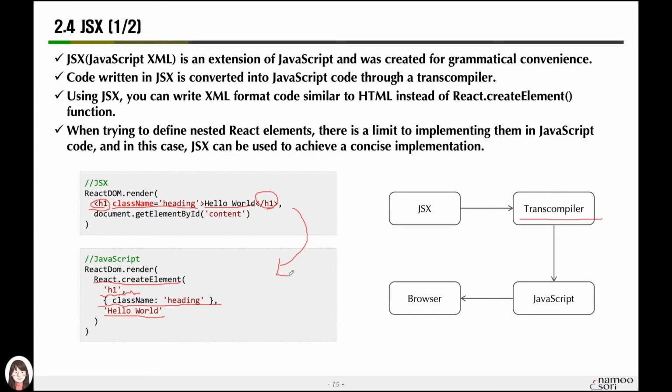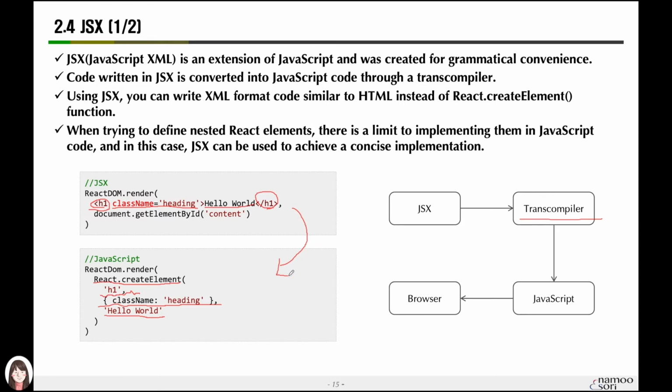So it is the CRA that we use to make it easier to do those parts. If we use the CLI tool made by Facebook called CRA, we create this project in the form of having basic settings even if we do not separate Webpack. Therefore, you can understand for now that the code written in this way in JSX syntax is converted into such code through transcompilation at the same time of actual execution.